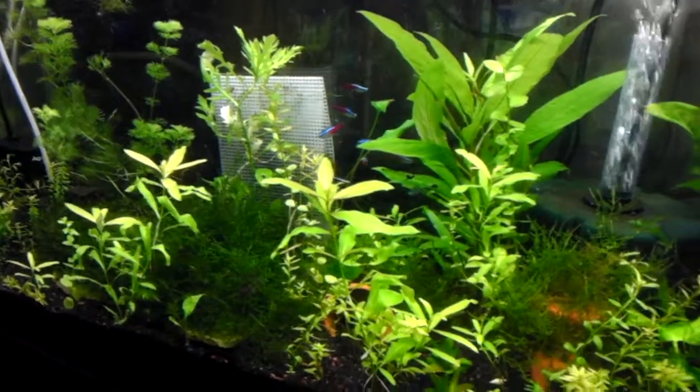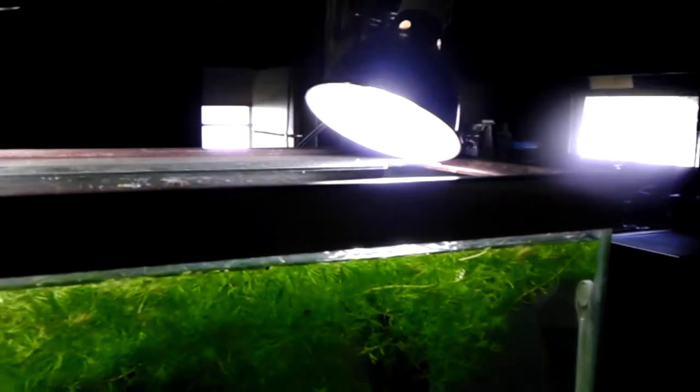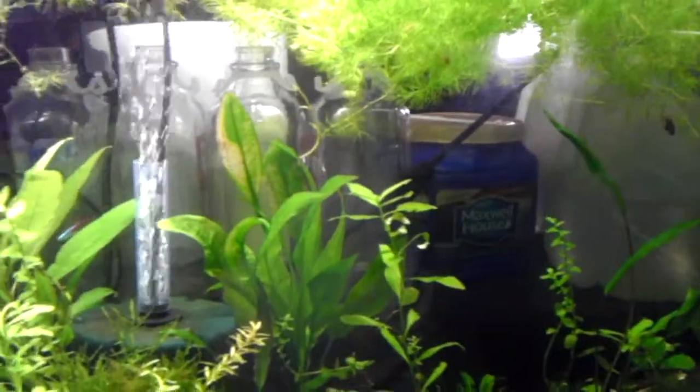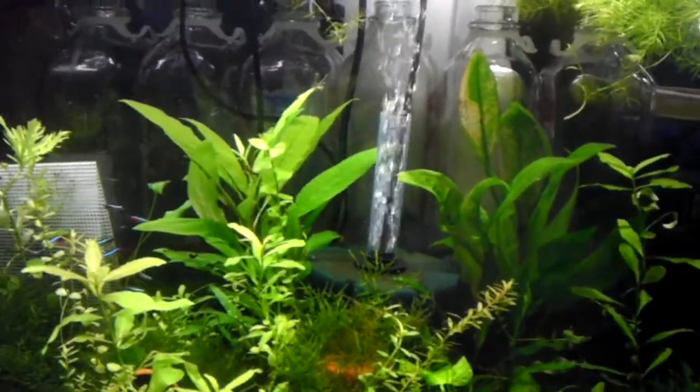Just a quick overview, not much different, other than the fact that I switched out a couple of lights. That one and that one that are high up there, I switched out the 60 watt, which are in all the low ones. Those are just 60 watt with 100 watt bulbs in the upper one, just to shine a little bit more light, because the 60 watt really didn't get into the tank at all,